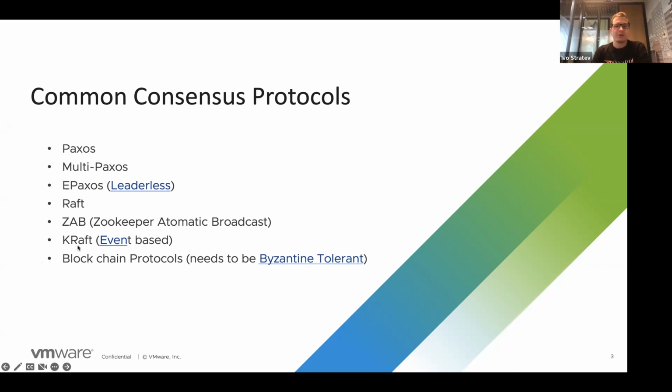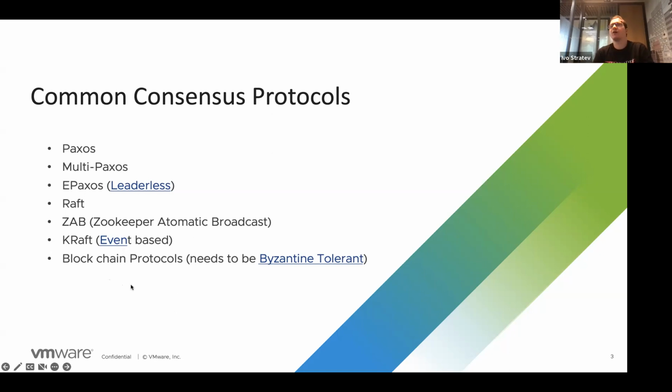We also have KRaft, which is a version of Raft, which is actually event-based. It's an asynchronous version, and this is actually used in modern day Kafka, where they have decided to ditch ZooKeeper because of the need to manage it. We're going to talk about this. I personally don't know why they haven't come up with this idea much earlier, because for anyone who knows how Kafka works, it seems very natural to have a Raft directly embedded to control the metadata, but we now have it, which is good.